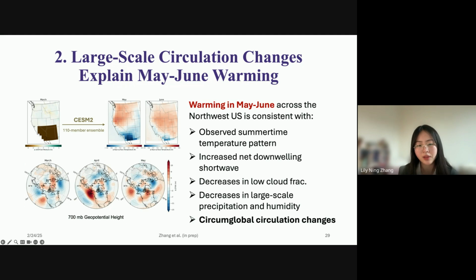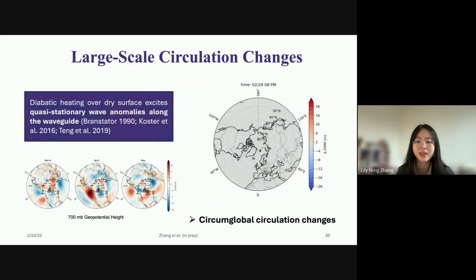You see that starting in March, there's this circumglobal pattern that sets up. And again, everything I'm showing here is anomalies averaged over our ensemble number. What we're finding is that there's this pretty consistent circulation response that we think is ultimately what's causing these changes in large scale moisture that then affect temperature through the shortwave cloud radiative effect. Okay, so about these circulation changes,